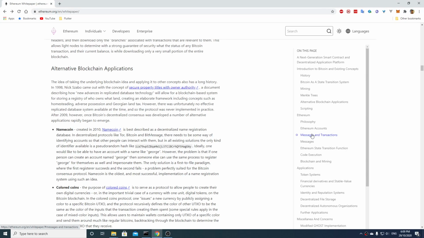Now the white paper moves into alternative blockchain applications. So let's read. The idea of taking the underlying blockchain idea and applying it to other concepts also has a long history. In 1998, Nick Szabo came out with the concept of secure property titles with owner authority, a document describing how new advances in replicated database technology will allow for blockchain-based systems